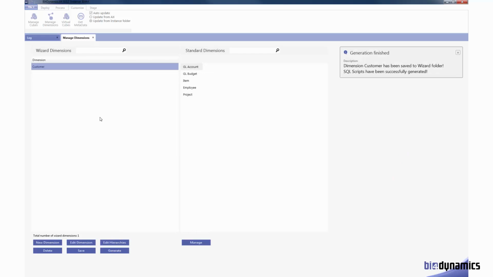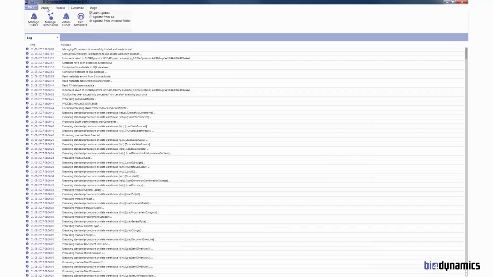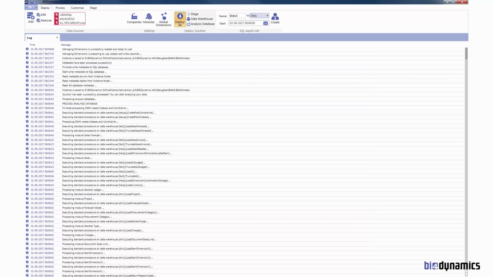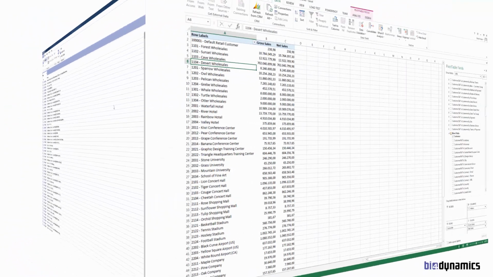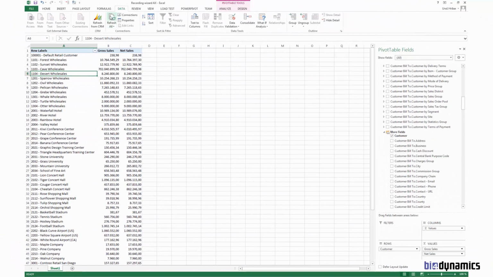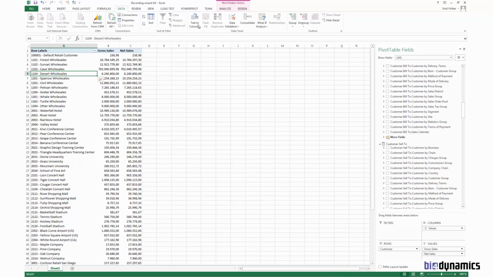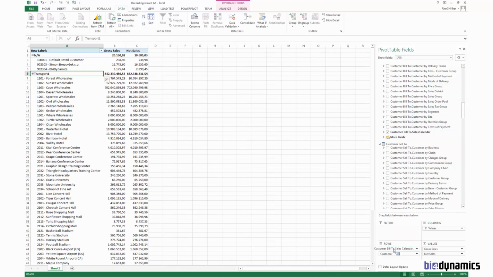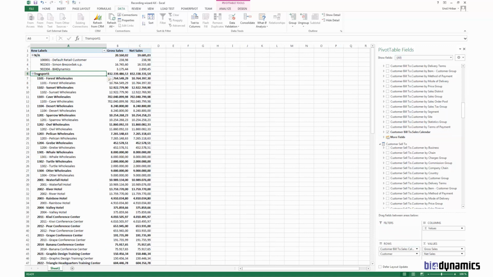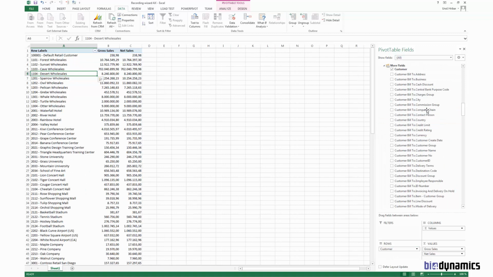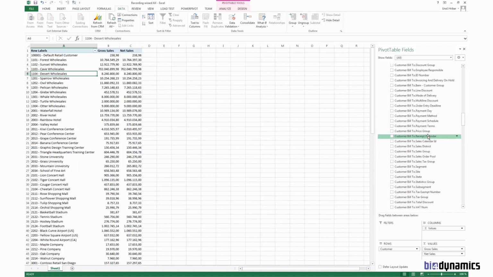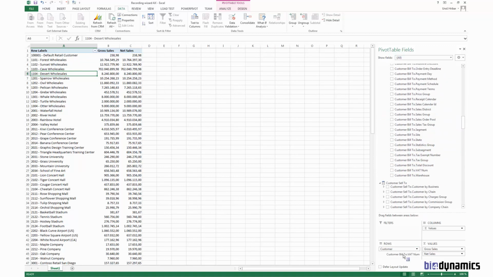Now, based on our configuration, the scripts were generated, and to execute them we have to deploy, and then we will have to process the solution. Now we can go back to the Excel report, and we just refresh the connection, the data, and we have this newly created hierarchy, customer by the sales calendar,